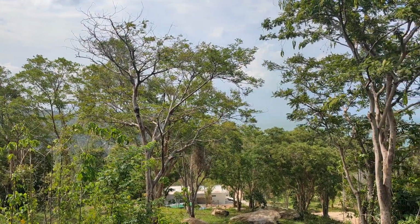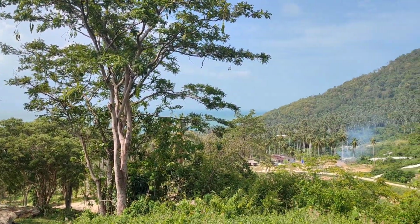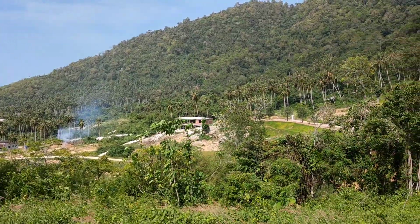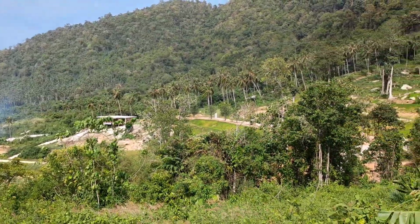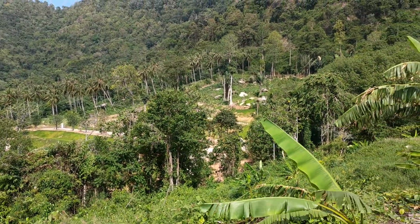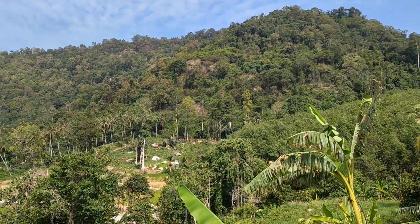Low trees below, and as you can see, we've got a sea view. Several mansions being built in the area, so up and coming, and the quoted price is 1.6 million per rai, negotiable I believe. And of course, up here on the sides of the mountain, there's additional land,